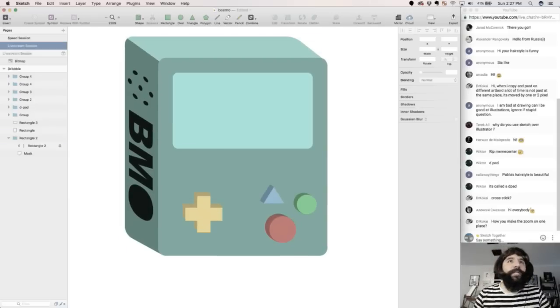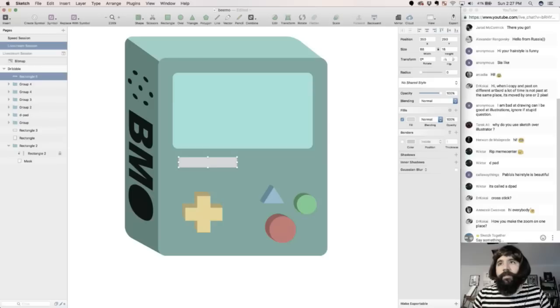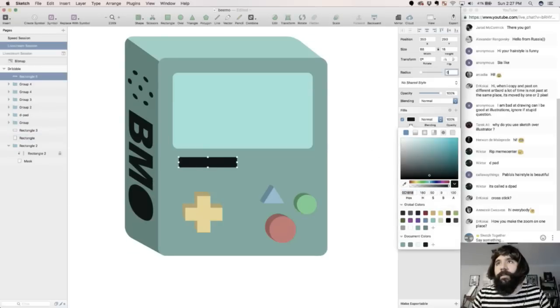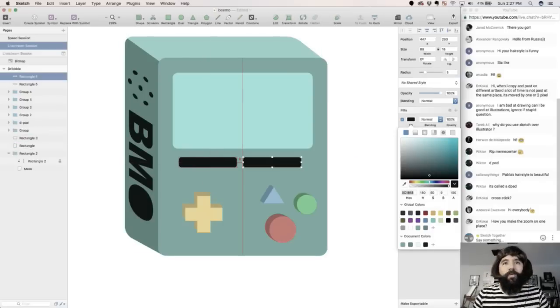Okay, so that's pretty easy. It's just a rectangle. Around there, and I think this one is a little bit darker. I think it's the same color as this. Let's add a little bit of round corners. And now this guy, what I can do is make